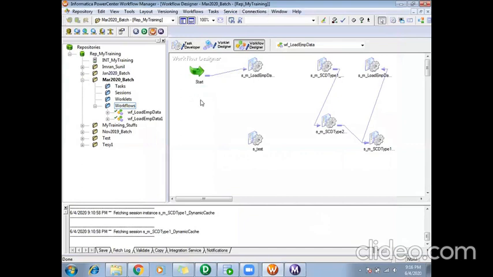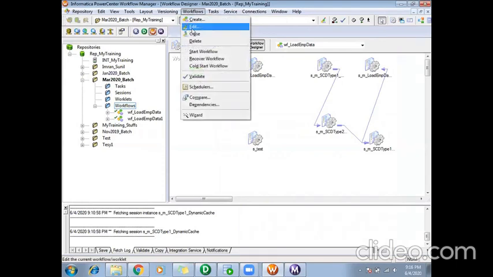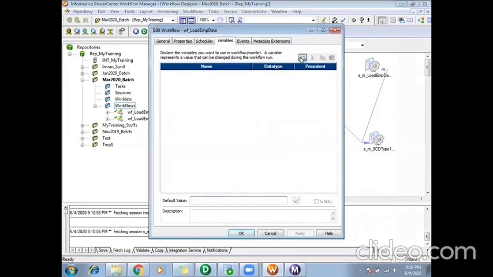So then I need to declare a workflow variable here. In my workflow, I have to come to variables. I can say, like, source file directory, integer. Similarly, I can use source file name.